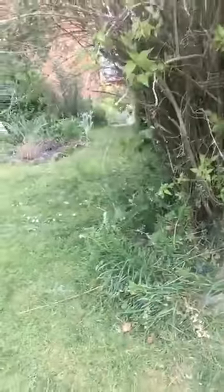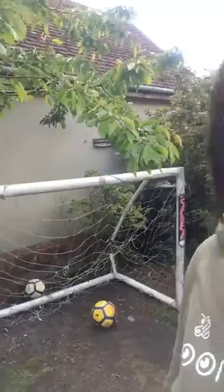I guess the other thing about our garden is that it's not that tidy. We believe in leaving some of the messy spaces. We certainly don't tidy up around plants and trees. So like you can see here, it's just about letting nature do its thing, where you don't need to tidy up, leave it alone. I was just thinking this combination here is quite funny. We've got the football goal, and then we've got the compost bin behind it. So it's about making it work for you, enabling you to fit in your